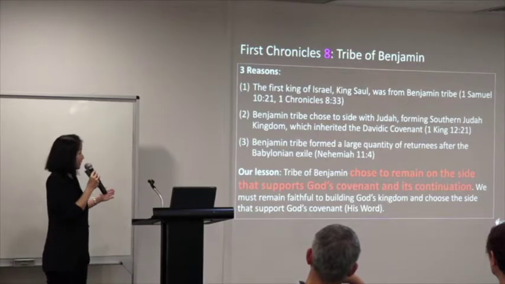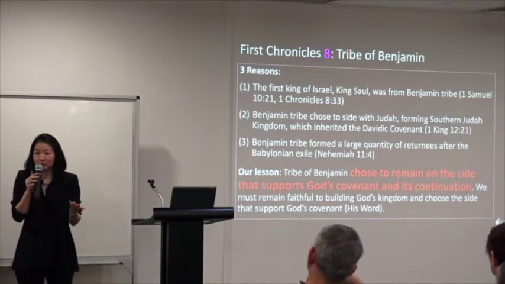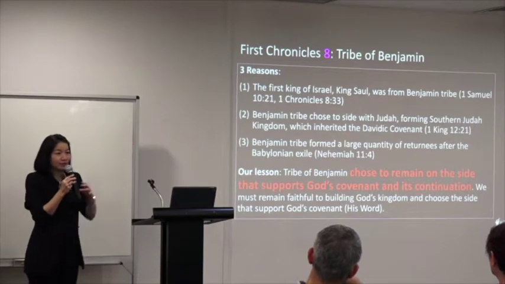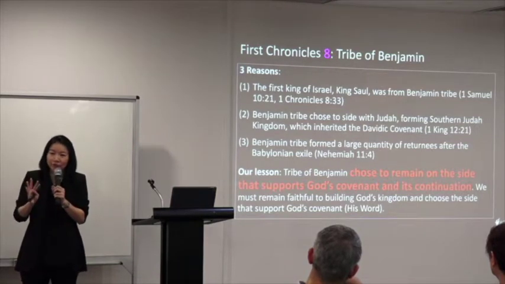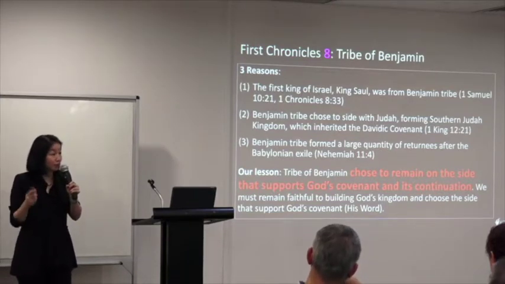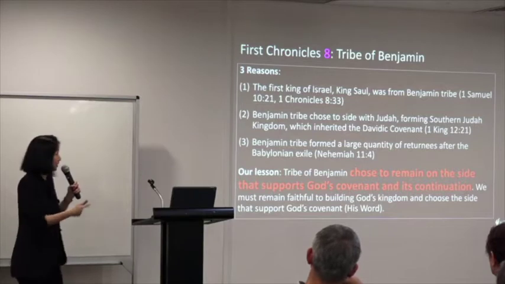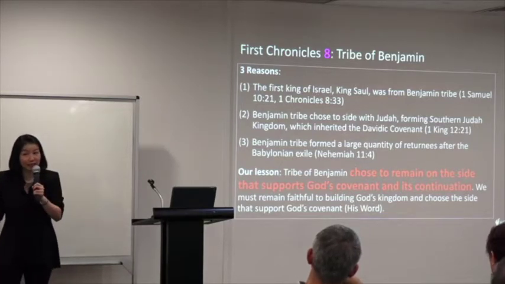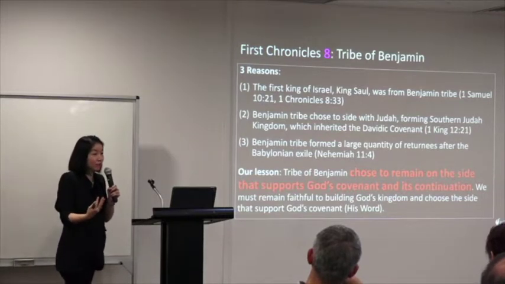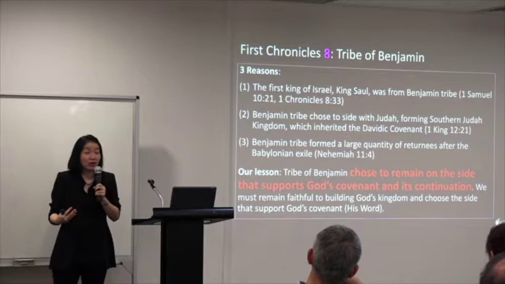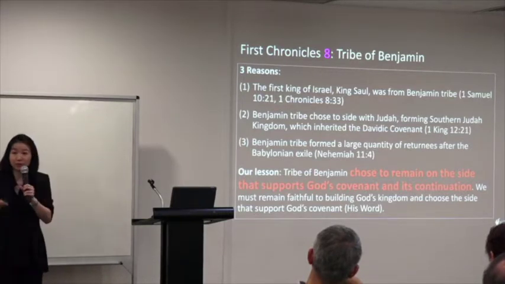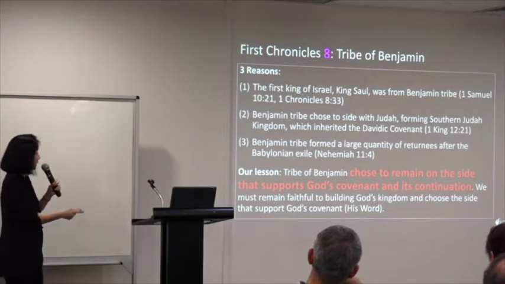from the bloodline of David. Now, if you were Benjamin, who would you choose? Wouldn't you choose the bigger tribes, 10 of them, versus that one standing alone? But Benjamin did not. Benjamin stuck with Judah and formed the southern Judah kingdom. They chose the minority against their interest. It is the southern Judah kingdom that inherited the Davidic covenant. Jesus came, reigned on his eternal throne, coming as a descendant from King David. So this is the second reason why Benjamin was emphasized. They did something right. And number 3,